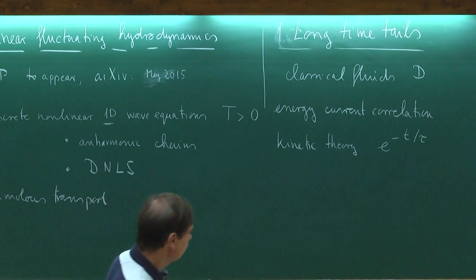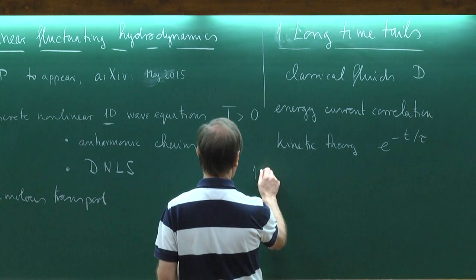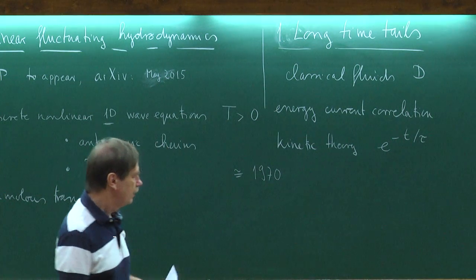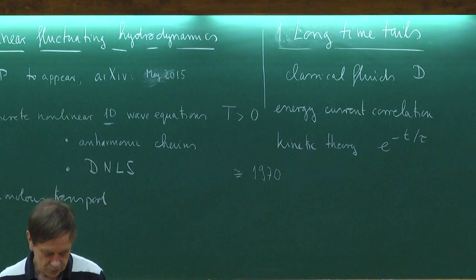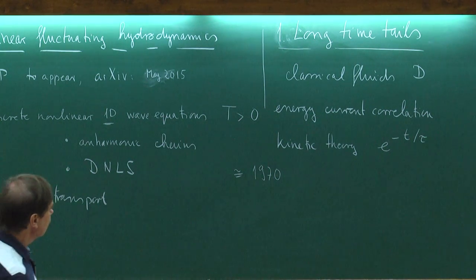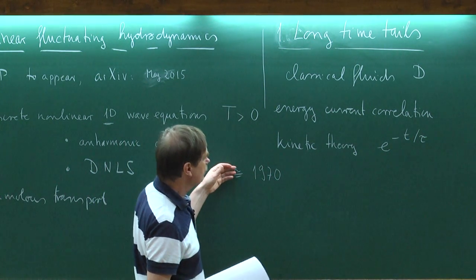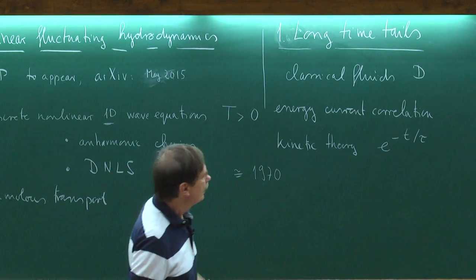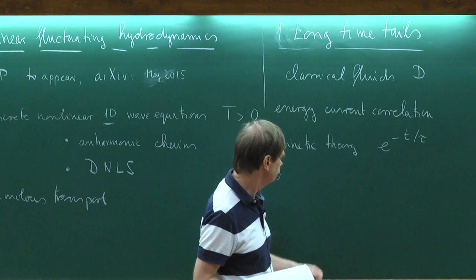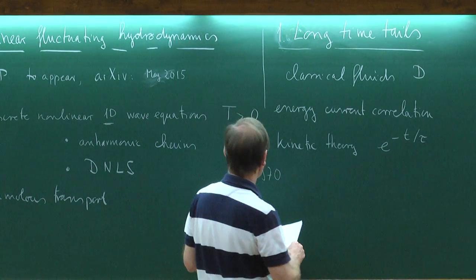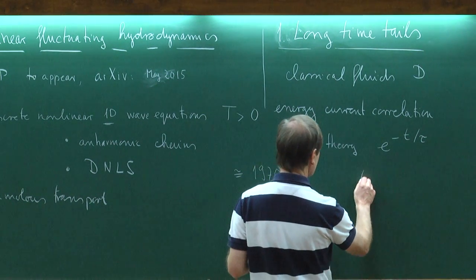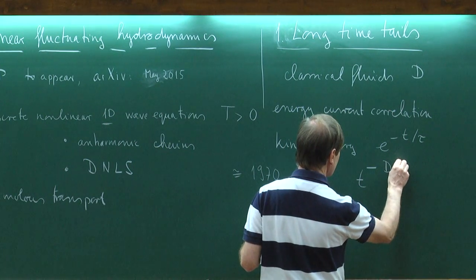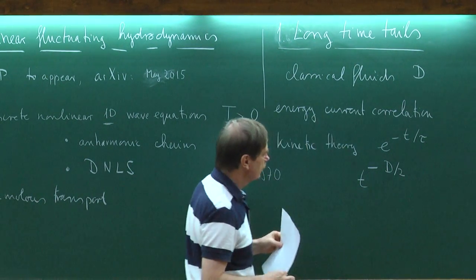But now I'm in the year something like 1970. Approximately around this time, you could do the first computer simulations, and you realized, already from the first pictures, that the idea that it should be exponential decay was not a very good approximation, and it looked much more like a power law decay. Eventually there was some theory, and people sorted it out, and what everybody believes now, and which is reasonably well confirmed, is that you see a power law which goes like t to the minus dimension over 2.